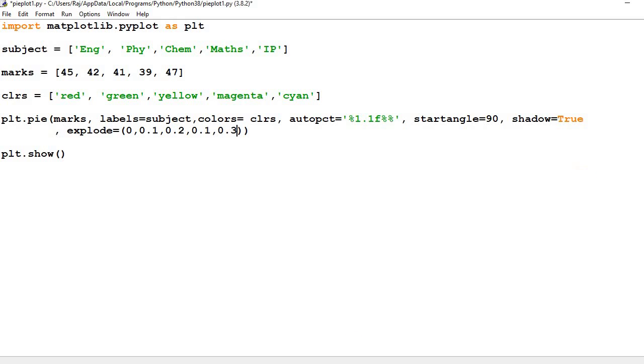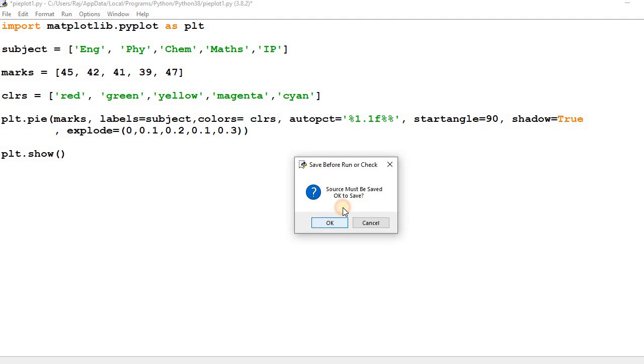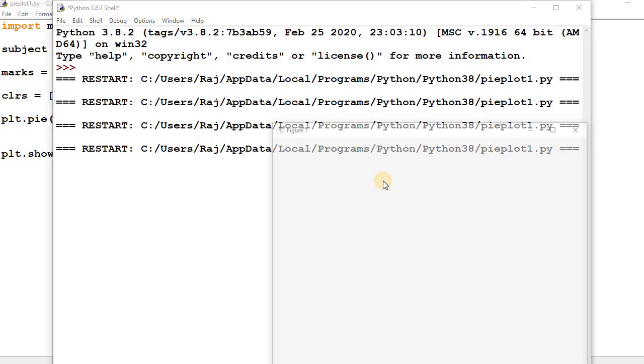These are the values I have passed with explode. It will not leave any space for the first ones, and it will leave space of 0.1, 0.2, 0.3 respectively. Then we can run this program and observe the changes.